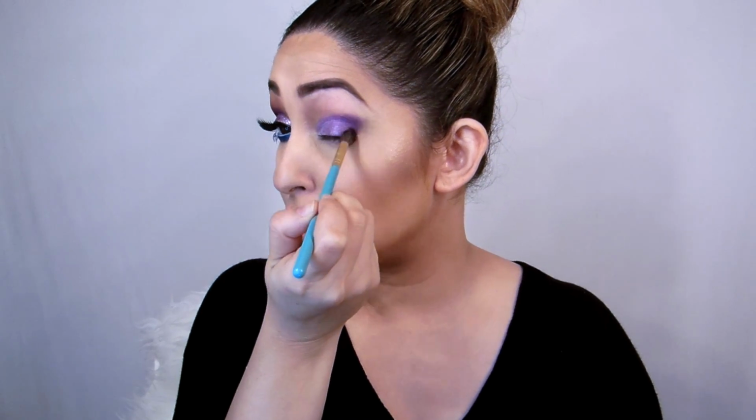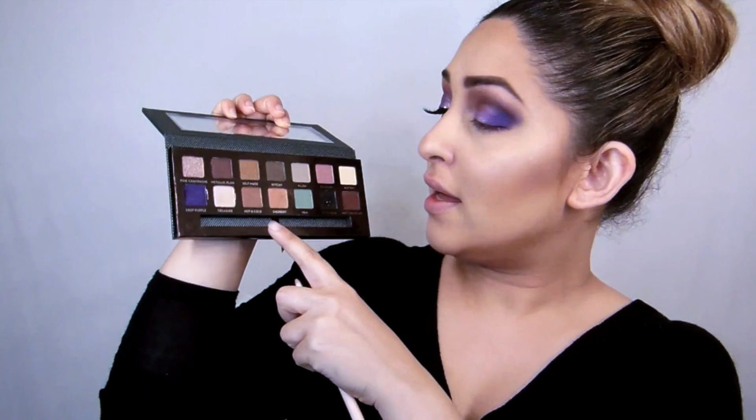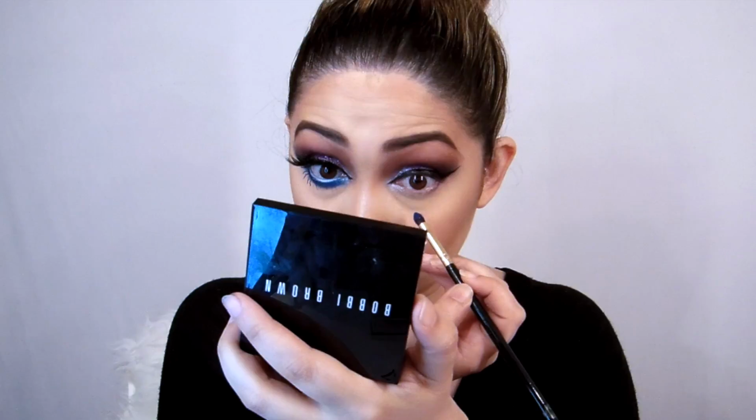Till it forms like this. Can't talk. So, right, then taking Treasure. No, sorry. Then taking Hot and Gold eye shade. Sorry. Maximum. So that is